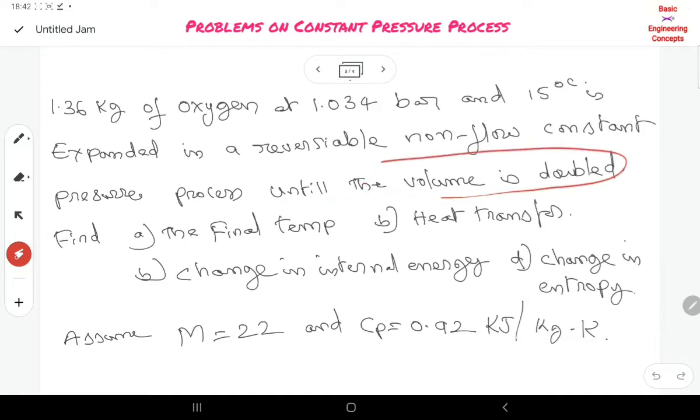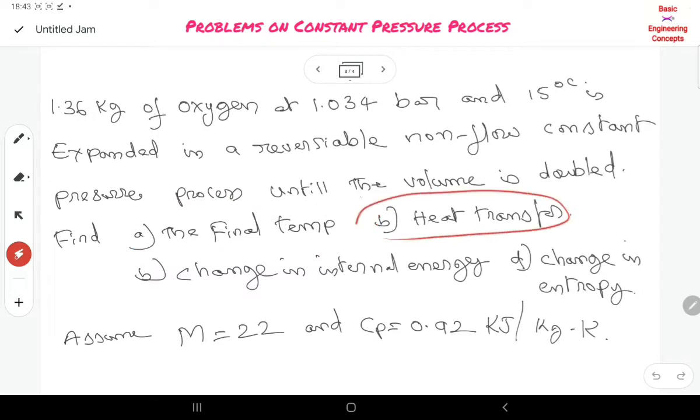You must identify this: the initial volume is V1, and the final volume is V2 equal to 2V1. So find the final temperature T2, the heat transfer,